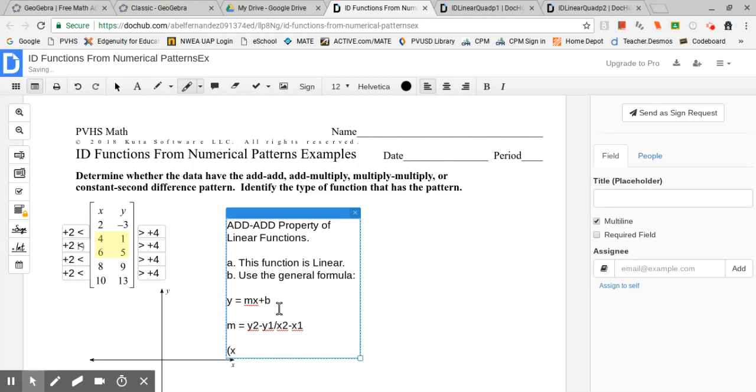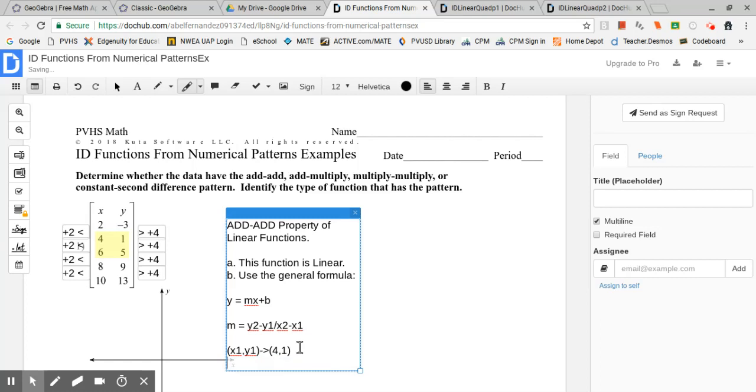So x1 comma y1, you can choose any 2 points here. Let's choose the same ones that the graphical example chose. And then you don't even have to do this example over again, right? You can work on a new example. So x1, y1 would be 4 comma 1,